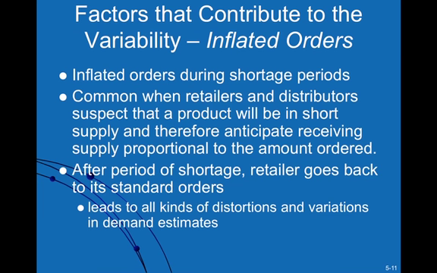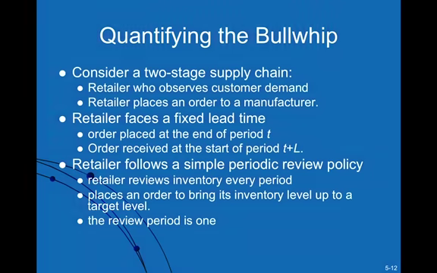Inflated orders happen because retailers and so on will tend to inflate their orders because they fear stock running out. So if they just went through a stock out period, to hedge against that the next time, they might actually inflate the order. And so what happens again is that the wholesaler or the distributor sees distorted orders. And because those orders are distorted, they would make decisions around stocking more inventory than is actually necessary. So we begin to see the bullwhip effect propagating throughout the supply chain.